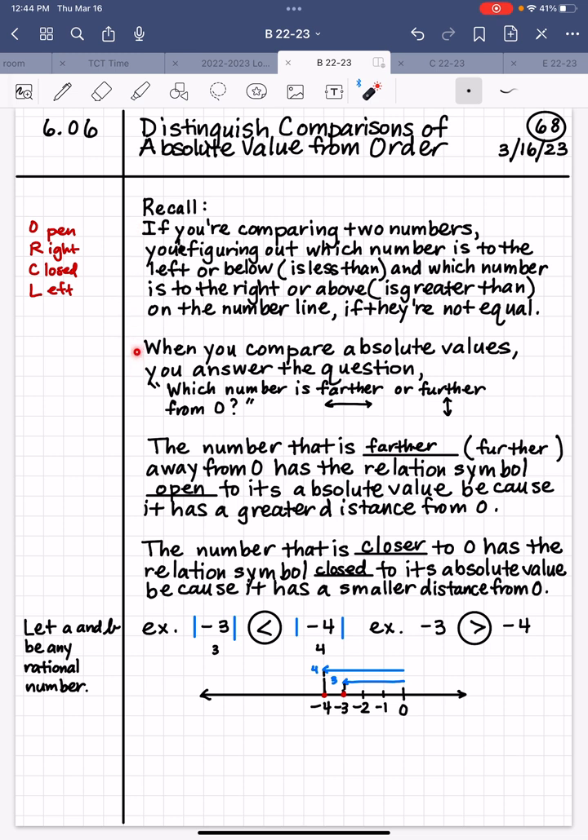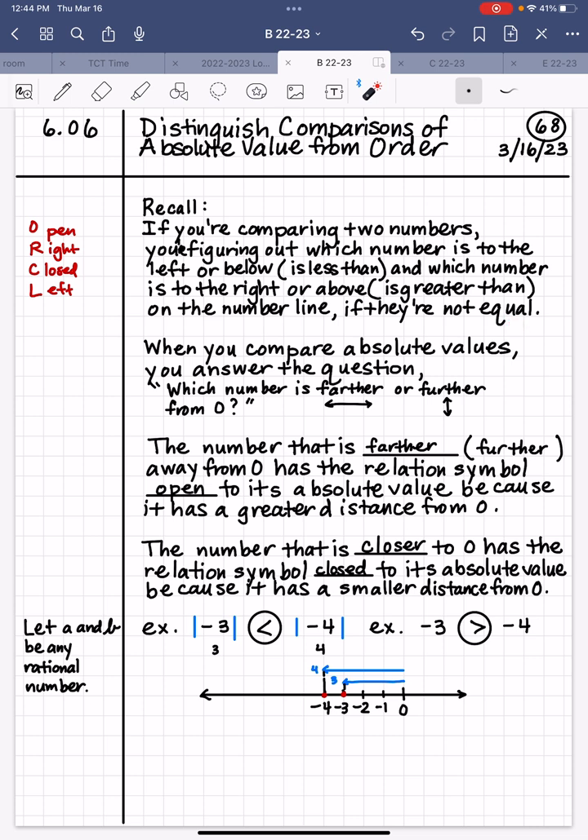begin the new notes for today is that if you're comparing two numbers, that means 2 points on the number line, you're figuring out which number is to the left if it's a horizontal number line or below if it's a vertical number line, which means is less than, and which number is to the right if it's a horizontal number line or above if it's a vertical number line, that is straight up and down, is greater than on the number line. And again, that's if the two numbers are not equal, which means the same point on the